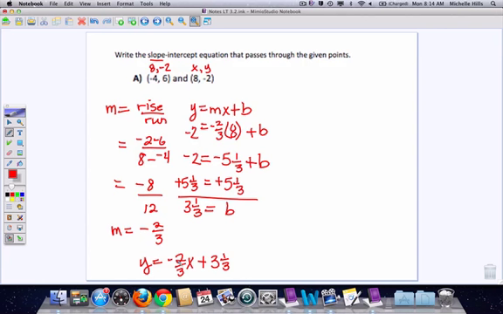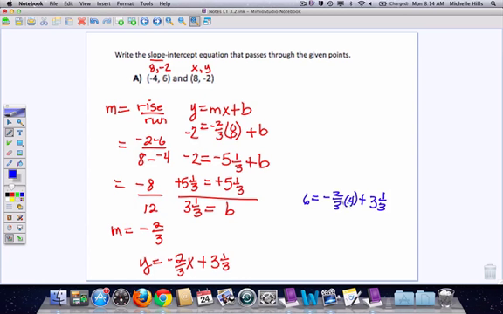Now, to make sure that I did this right, I would go to my calculator and take the other point that I didn't just use, negative 4, positive 6. If y is 6, is it true that I can take negative 2/3 times 4 and add 3 1/3 and get an answer of 6? So in my calculator, I'd take negative 2/3 times 4. Well, that's negative 8/3, which is negative